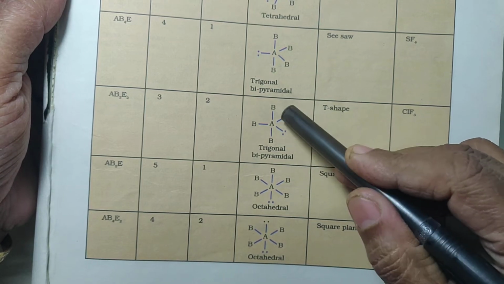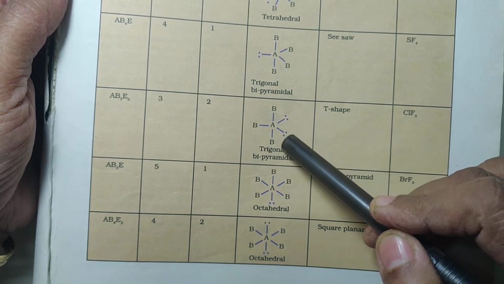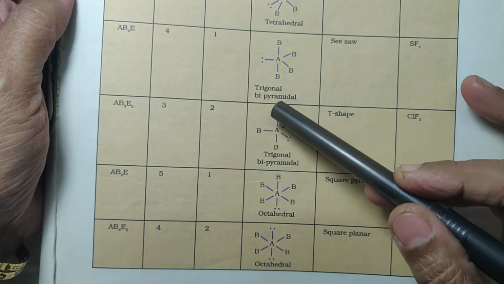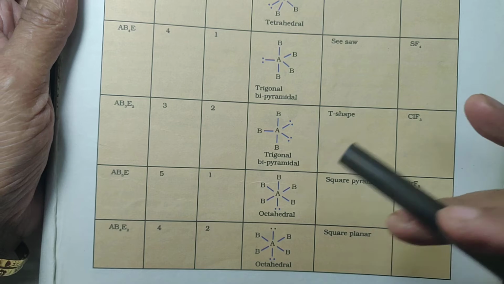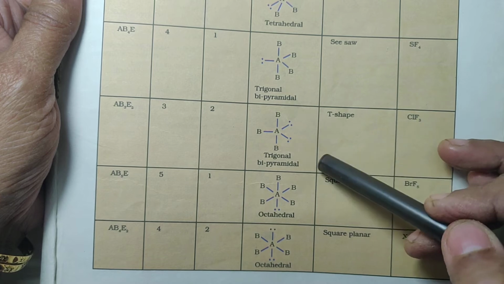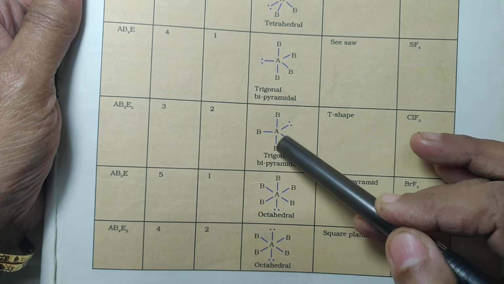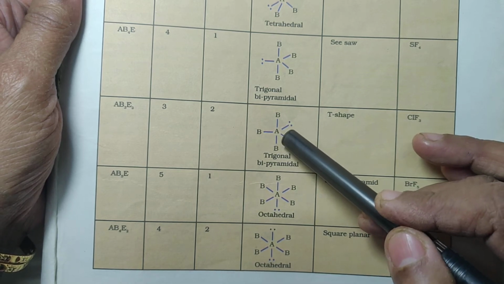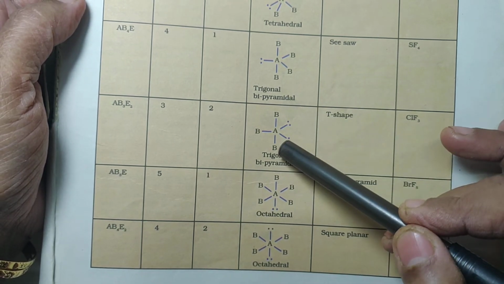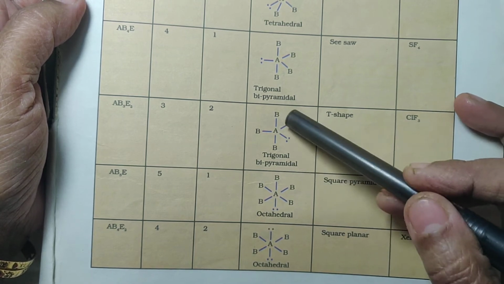Okay, 2 lone pairs. And where these 2 lone pairs are placed, they are present in the trigonal plane, right? And you can't keep the lone pairs in any other position, that is above and below you cannot place it because of stability of the molecule. It is placed here so that they are at 120 degrees from each other. If you keep it above or below, then it would be at 90 degrees from the triangular plane, is it not? So at 90 degrees repulsion will be more, stability of the molecule will be disturbed. That is why it is placed in the triangular plane itself, where the bond angle is 120 degrees between them.